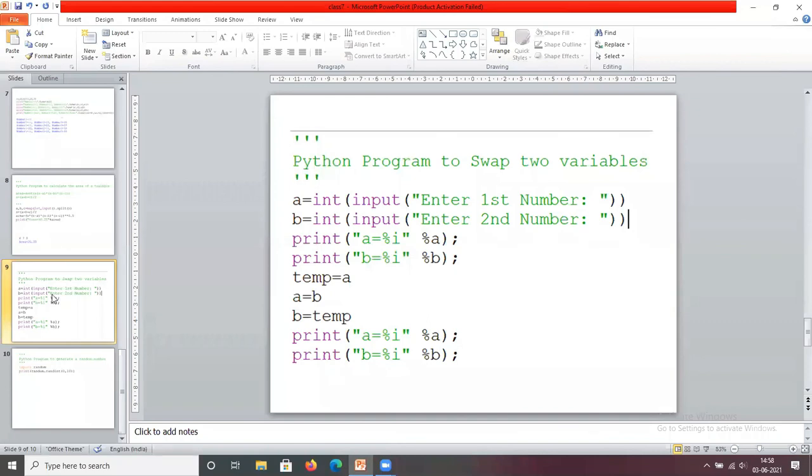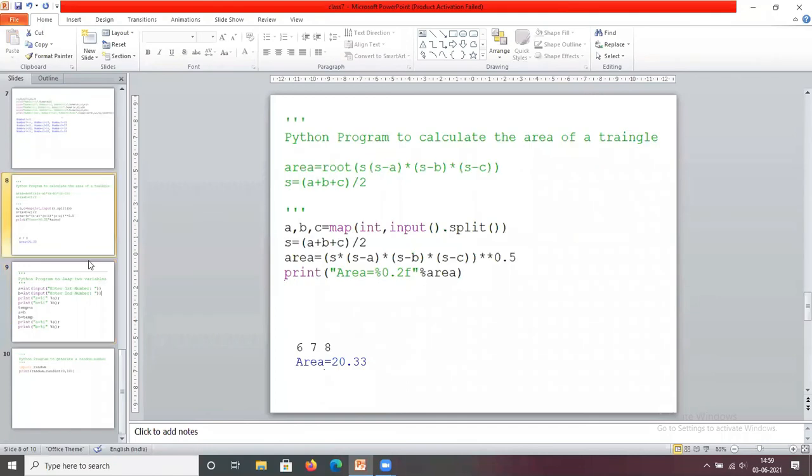When you are executing these two programs, you are going to understand how we read the values and how we format the output onto the monitor. So the logic is different. Whatever the logic, you are going to know here how to read the values. For example, these 6, 7, 8. If you read the 6 in one line, 7 in the second line, 8 in the third line, how can we write the instruction? If you want to read these 6, 7, 8 in the same line, how are you going to write the instructions?